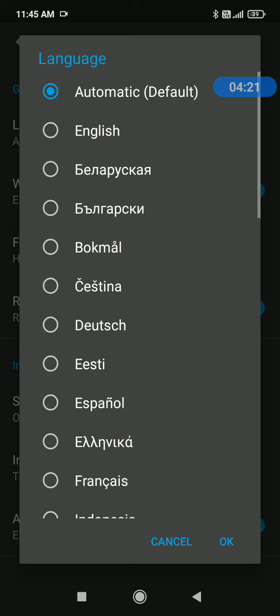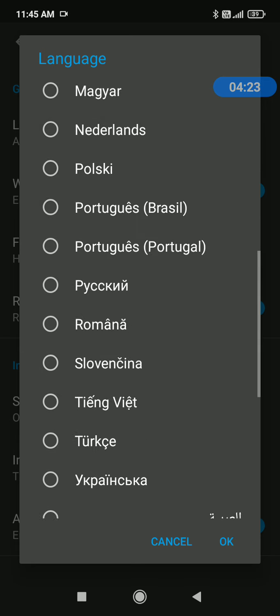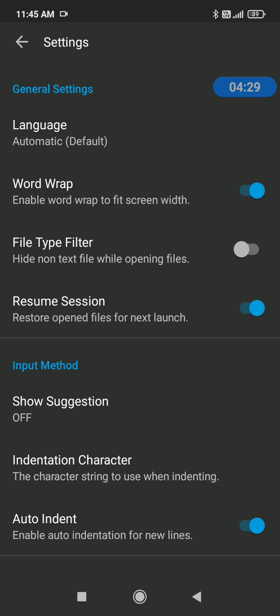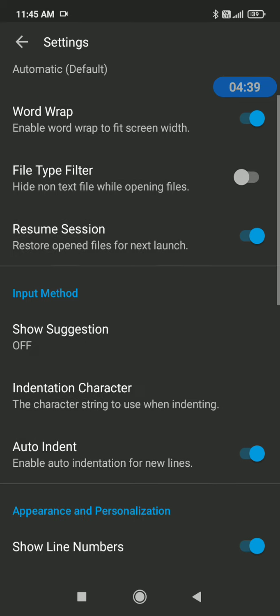Here I had set the language to automatic. You may come up here and set it to English. This is the system language of the code editor. You must turn on the word wrap. When we turn on the word wrap, the words will fit to the screen width.